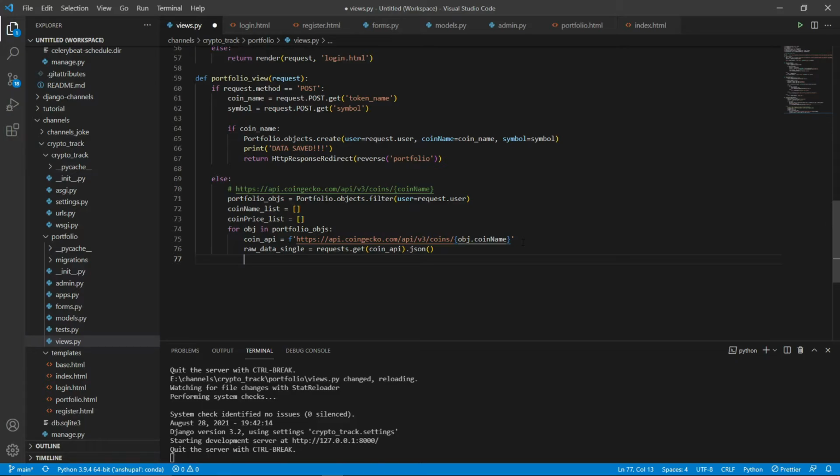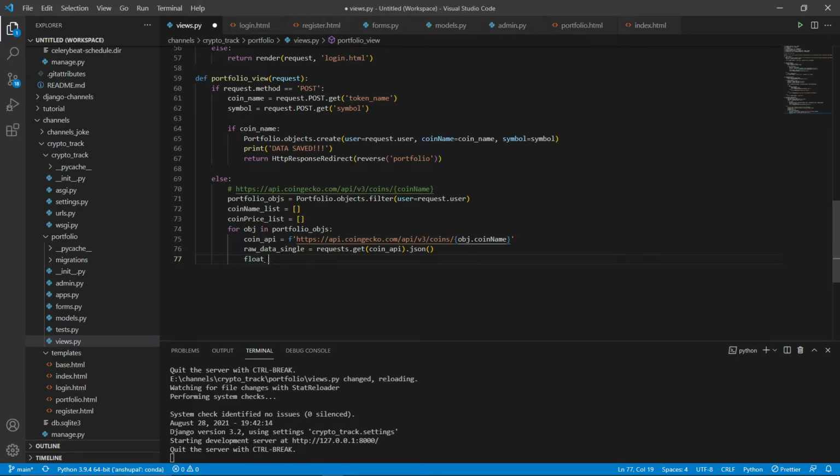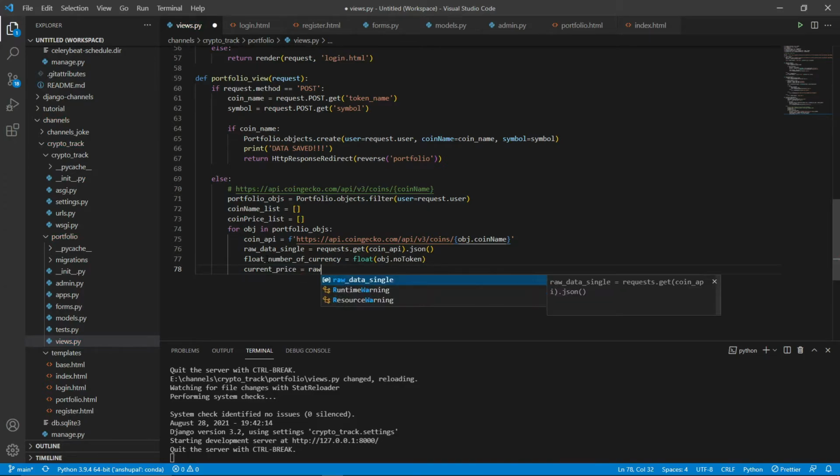Now remember, as we can have the number of coins maybe in a decimal format or maybe in a float format. So float number of currency, so that is we are changing that data to float. So float obj dot no number of token, and let's get the current price of the token from the API. This price we will get from the API. So we have raw data single,